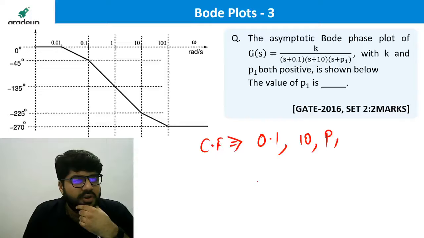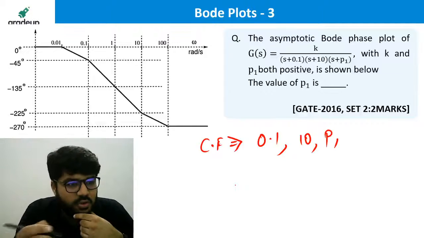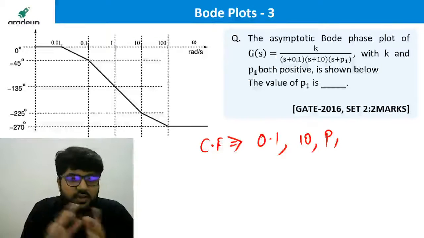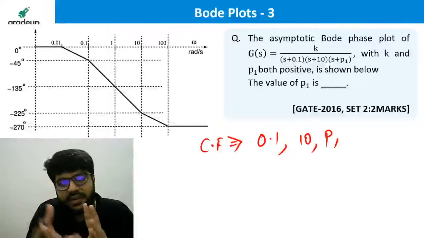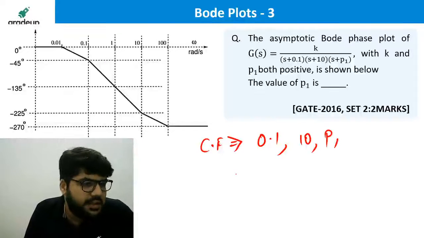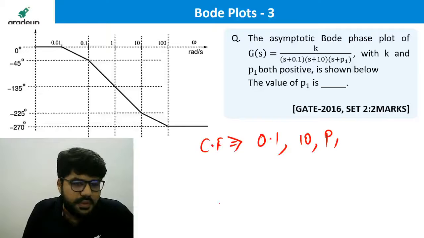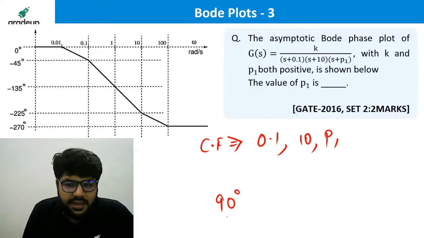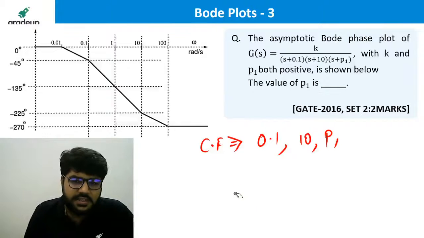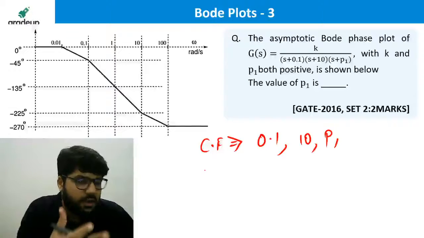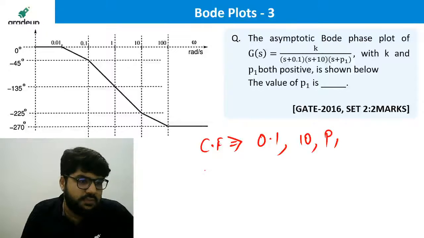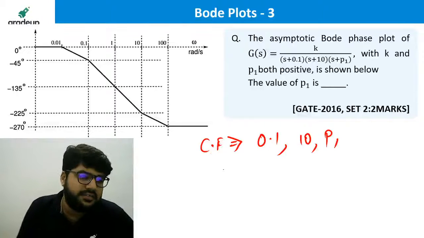Aruna, 90 is the value of slope, but that value will have some unit. So how can you say if the value is 90, it will not have a degree per decade? I'm not getting your doubt actually. 90 degrees is the change in phase for 1 decade change in frequency. So maybe your doubt is something else. I'm not able to catch up. But if the slope is 90, how can you discard the unit looking into the 90 value?